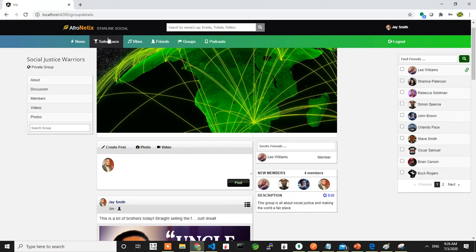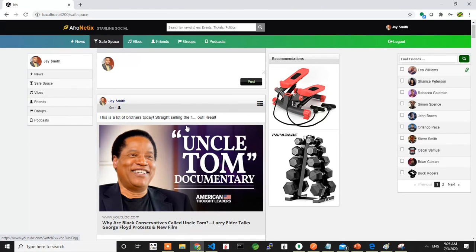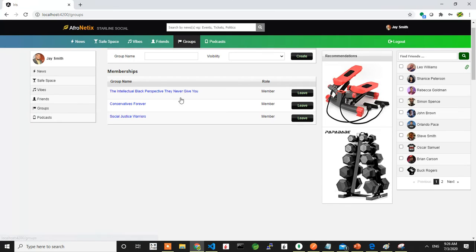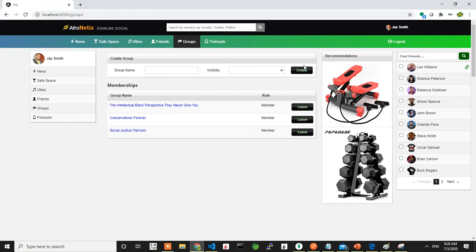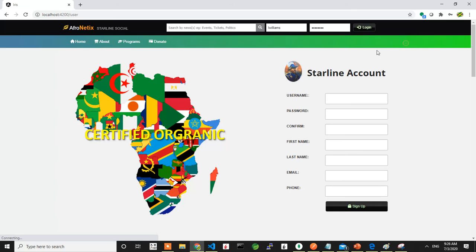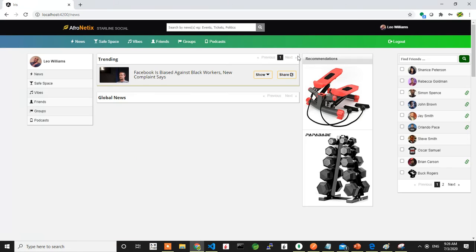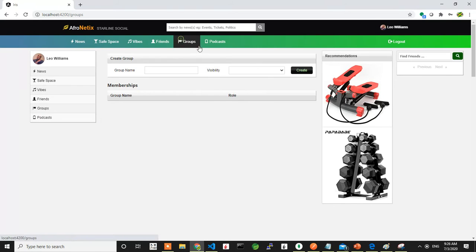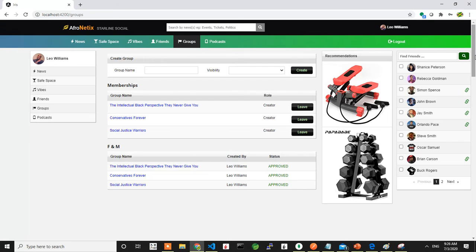Now, if I go into my safe space, I'm going to see that post as well, right? Because it's the group's friends and members. So that's there, and all of the other guys that are in the group see the same post. So that's the group feature. There are still some kinks I need to work out of it, but it all works now, and I'm going to get ready